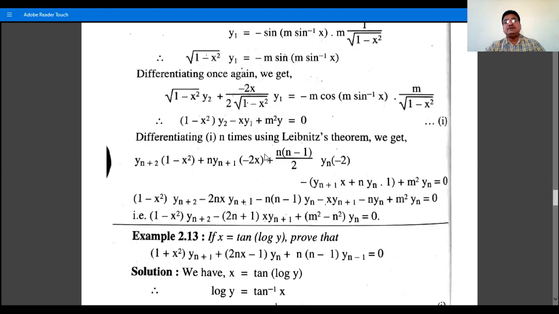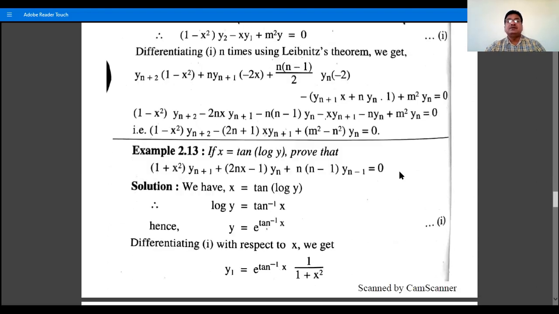And the next term contains v2, and v2 is 0, therefore the remaining terms are 0. So these two terms are the nth order derivative of this, and the derivative of y of nth order, yn, is equal to 0. Simplify this: (1 minus x square) yn plus 2, minus 2nx yn plus 1, then the 2 gets cancelled, n(n minus 1) yn, and minus x yn plus 1 minus n yn plus n square y is